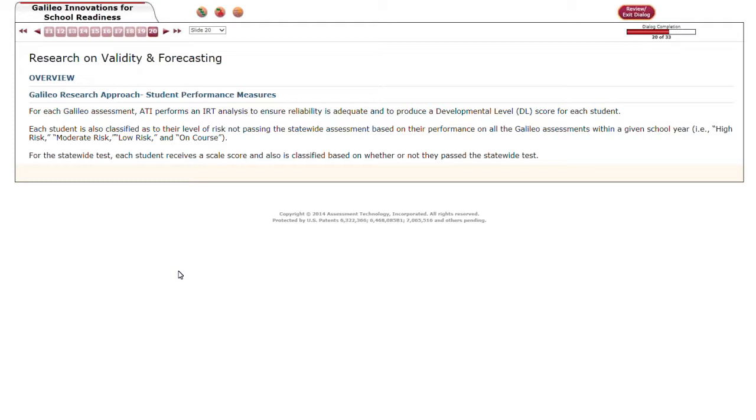And this classification is based on their performance on all the Galileo assessments within a given school year. An initial classification or risk level is provided after the student takes the first assessment, and then this risk level is refined as they take additional assessments throughout the year. So there are 4 possible risk levels in order of increasing risk: on course, low risk, moderate risk, and high